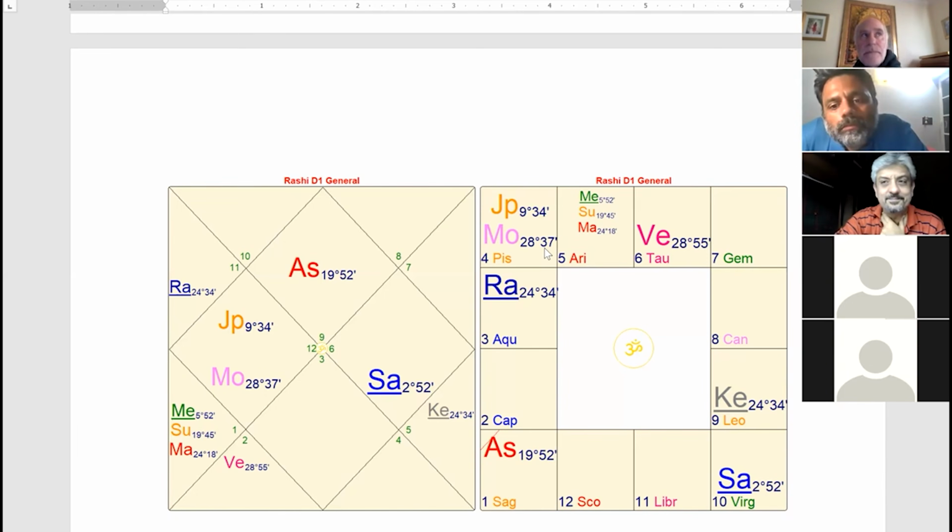Actually, let me just go on a little tangent. A thumb rule that Rao used to teach is that Rahu in the 3rd house or the 11th house can make you either the youngest or the oldest among your siblings or siblings of the same sex. She was the oldest of 3 siblings with Rahu in the 3rd here. That's just a little aside.